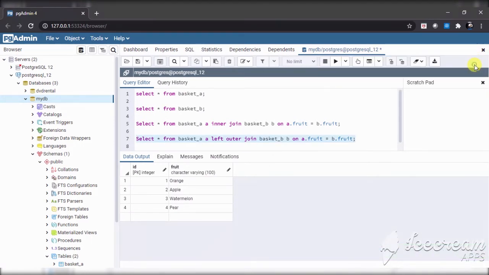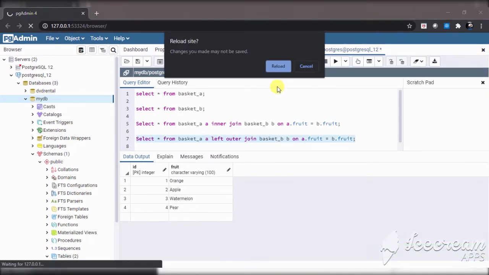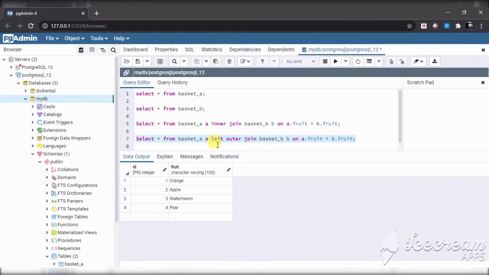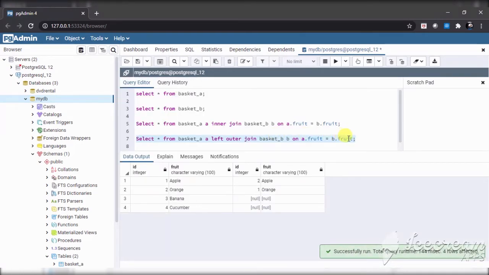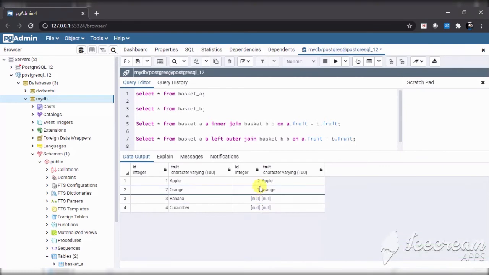So we can say that the left outer join will give all the records from the left side of the join and only the matching records from the right side. Since the other columns are not matching, we are getting null in the last two fields.